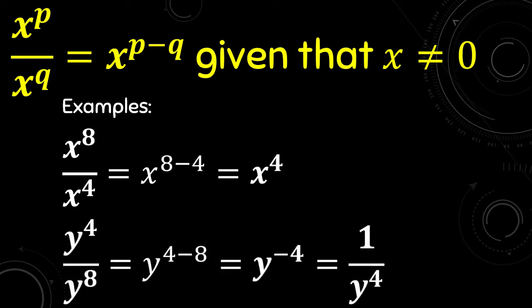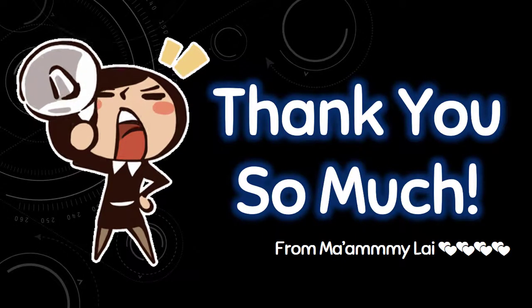Another example, we have here y raised to 4 over y raised to 8. Since they have the same variable, both the numerator and the denominator, we can subtract the exponents, just like 4 minus 8, and that is equal to negative 4. Again, applying the negative integral exponent, we will transfer y raised to negative 4 into the denominator, and the result will be 1 over y raised to 4. Those are the laws of exponents and some